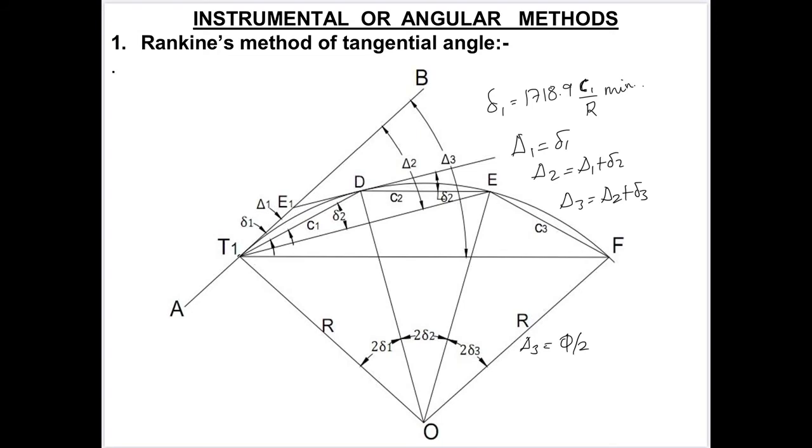After this, unclamp the upper plate and set the vernier to the second angle, that is the angle of triangle 2. Now we know triangle 2 and we have to set up point E. So from D, take the length of chain equal to C2, that is your second chord length, and from D we have to swing the chain so that it will bisect the line AE at point E, and then E will be our second point.